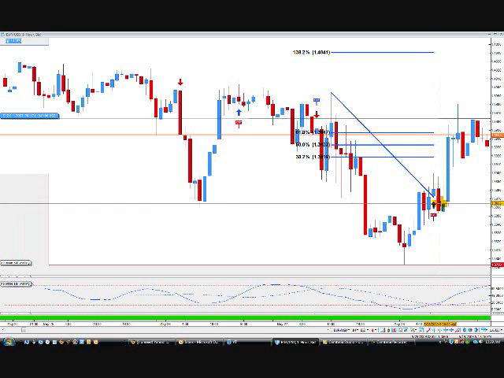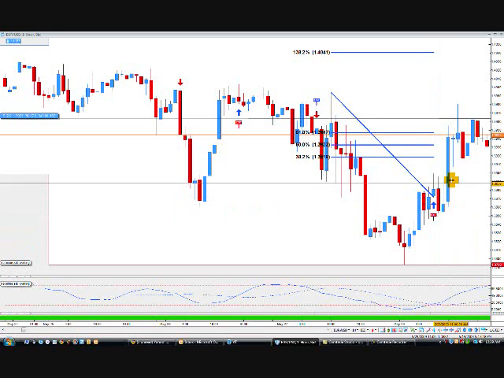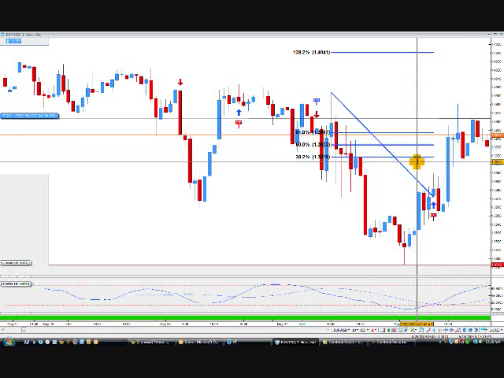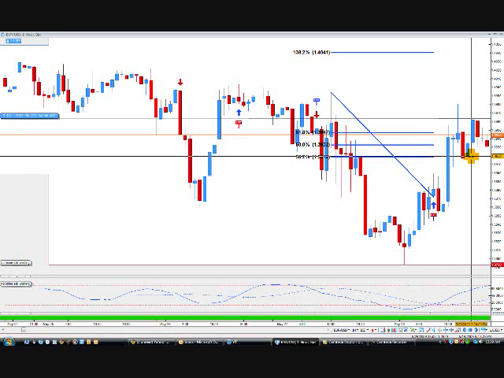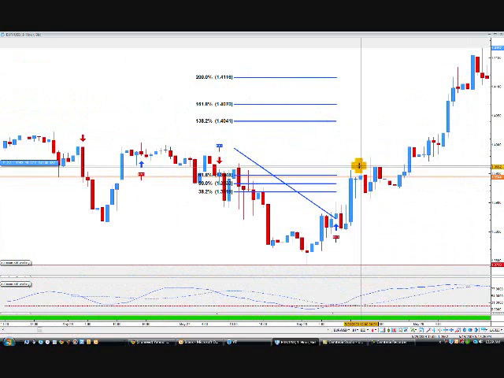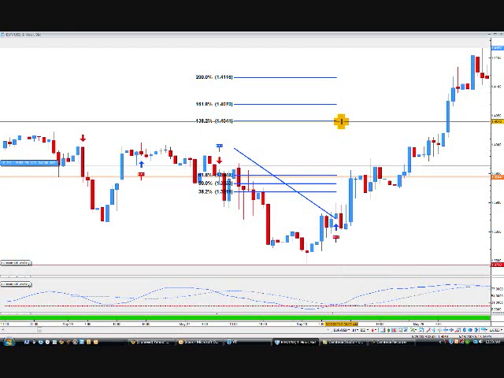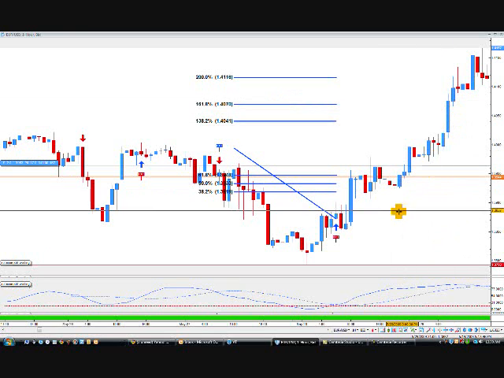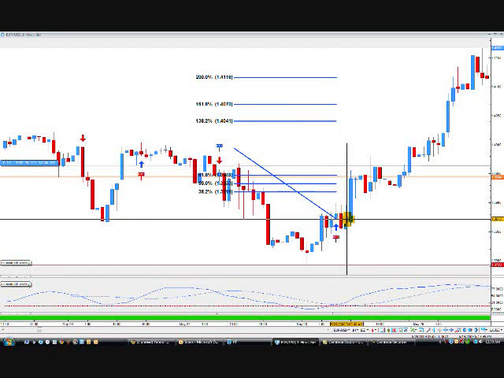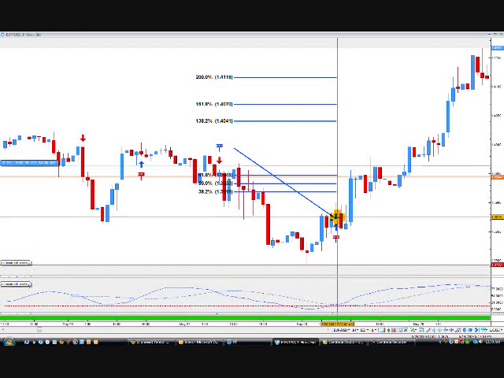So it went up, moved against us, crossed up, and now we're entering multi-day mode here. This is the 28th, and let's just keep going this way, and it just keeps steadily climbing, and all we know is that at some point it's going to hit 138.2, and that point would have been on this gigantic blue candle on the 29th. So a full day later at 6 a.m. we would have been taken out of this trade. Like I said, there's no way to get it all, but you can get enough. So let's just go ahead and measure this move real quick. So let's say we were in about